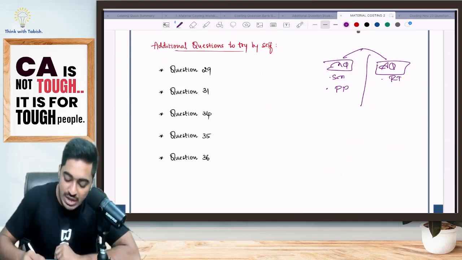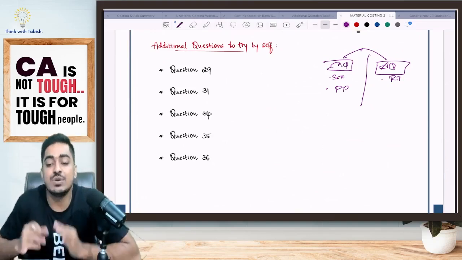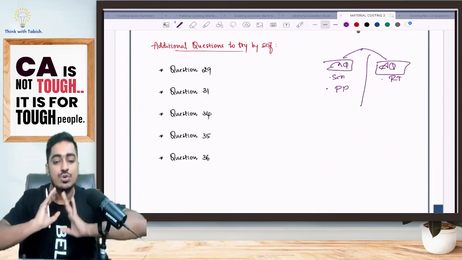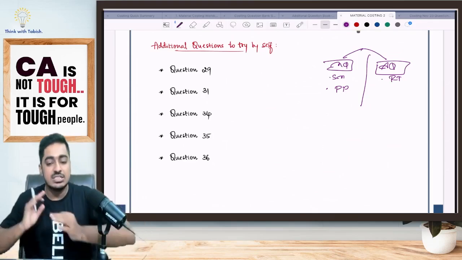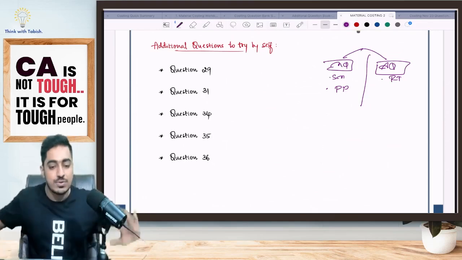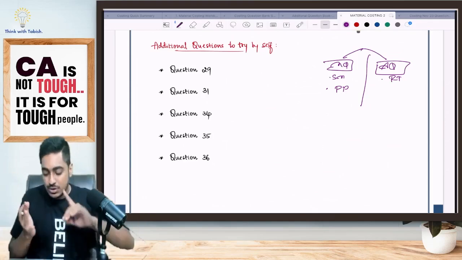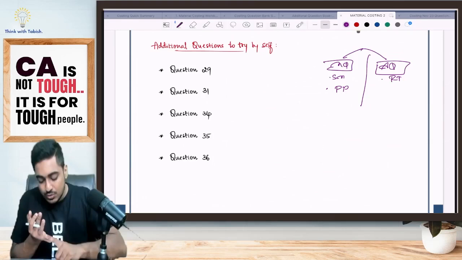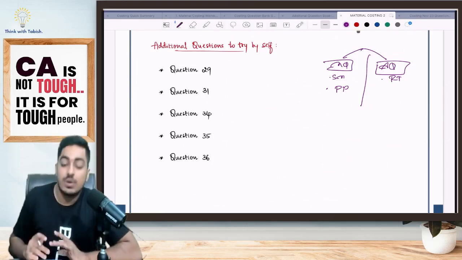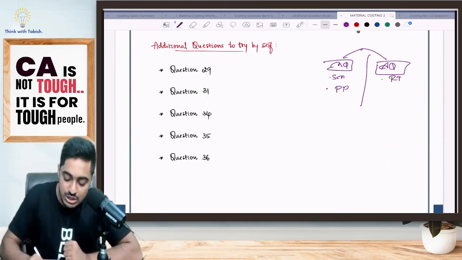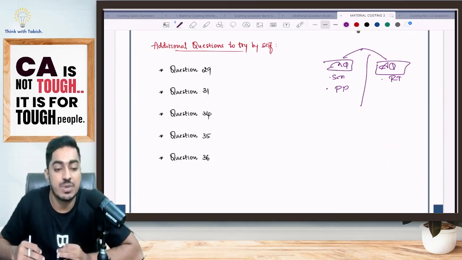So, when you have free time, I am telling you, when you have free time, understand: to score an exemption in costing, 60 to 70 in costing, just what we are discussing in class is sufficient. Because the full study material and full questions from past papers we have done. Additionally, if you want to practice, in which order should you solve questions, I would say first solve questions from MTP.